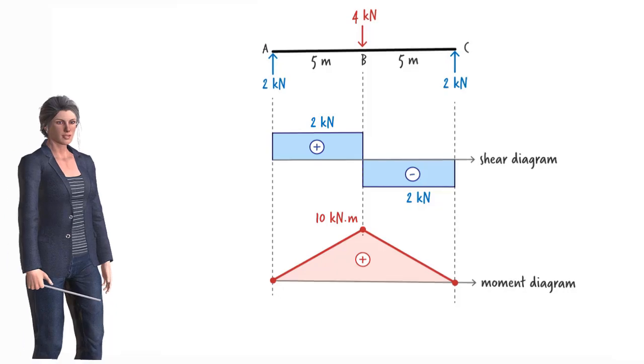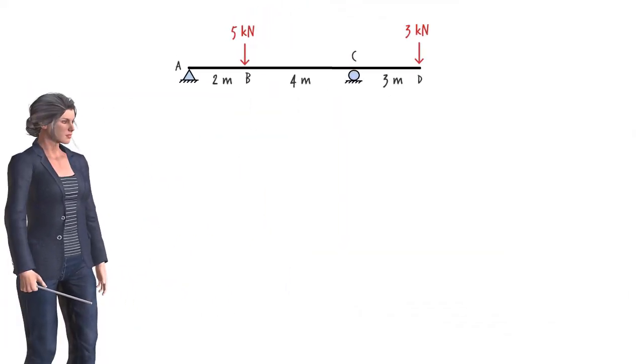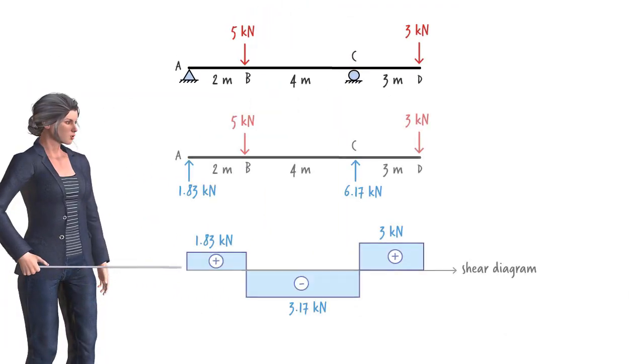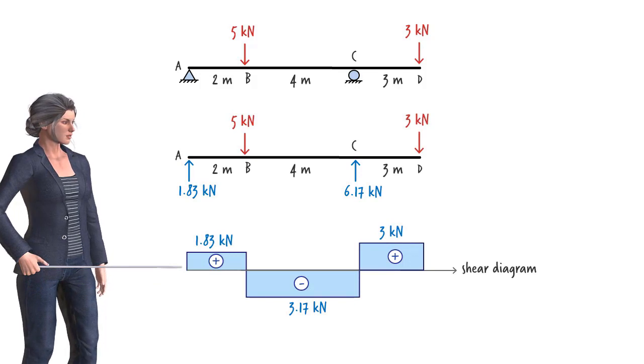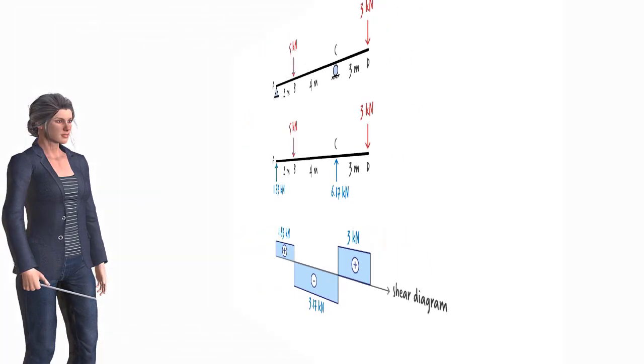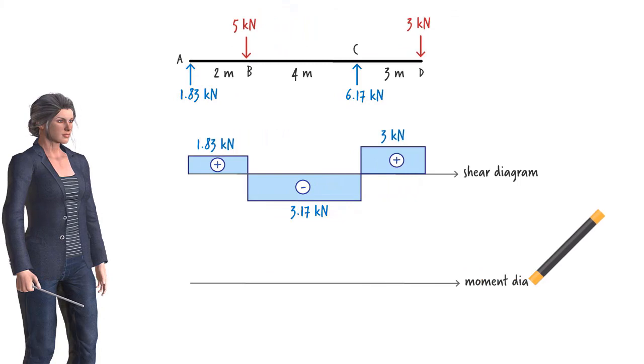Let's consider another example, a beam with an overhang. Here, the shear diagram for the beam consists of 3 rectangular areas. Let us calculate each area. They are: